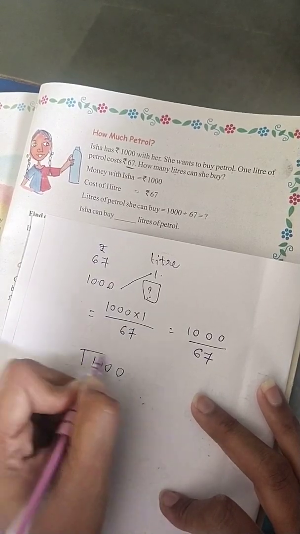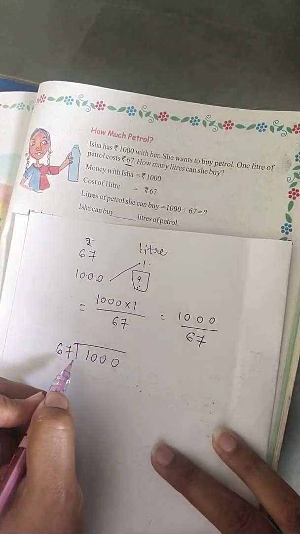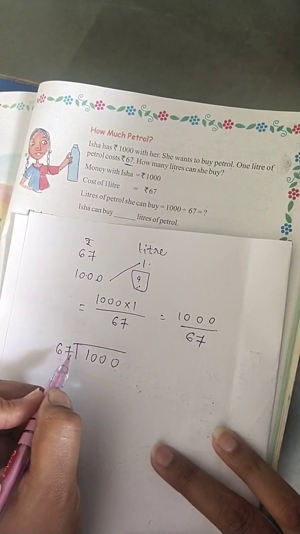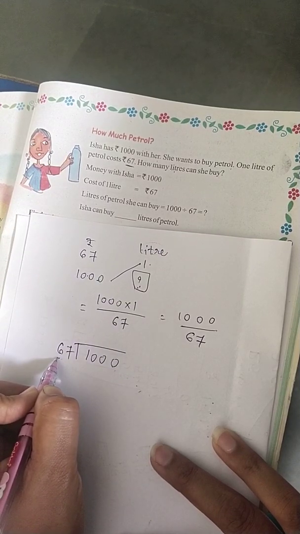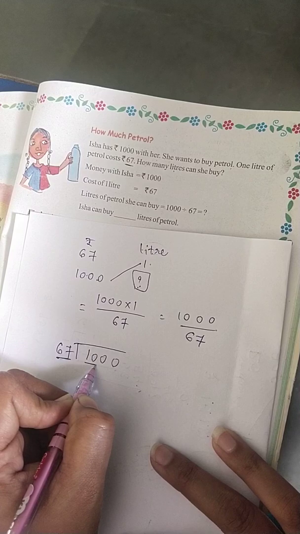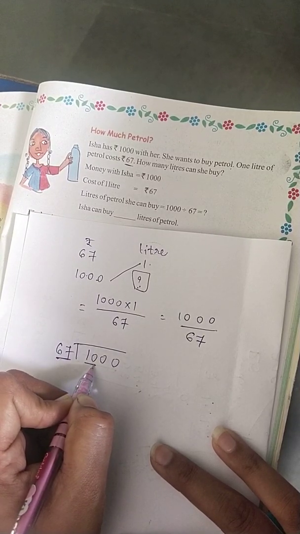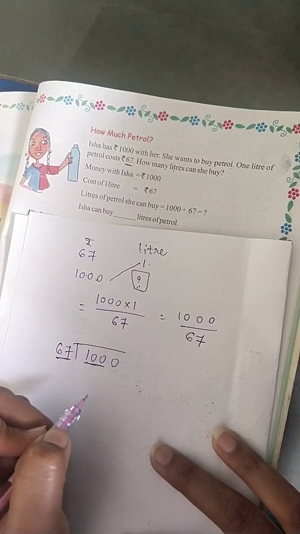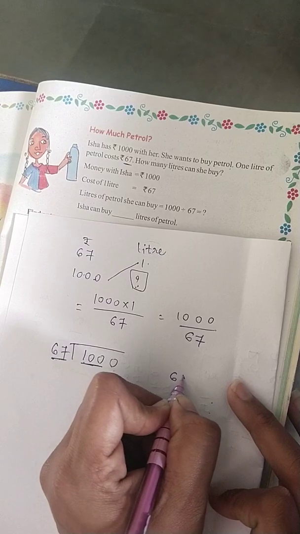Now see, students, very easy. 1,000 divided by 67. Now check here, students. First, what we have to observe here: it is a 2-digit divisor, so we observe 2 digits. Our divisor's 2 digits are 67, and here our 2 digits are 10. It is smaller than 67, so we have to take 3 digits. Understood? Now set the table of 67.